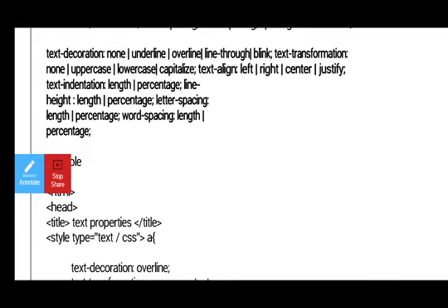Next one, text indentation. Indentation is nothing but the length of the text or the percentage, like 50% or 60%.